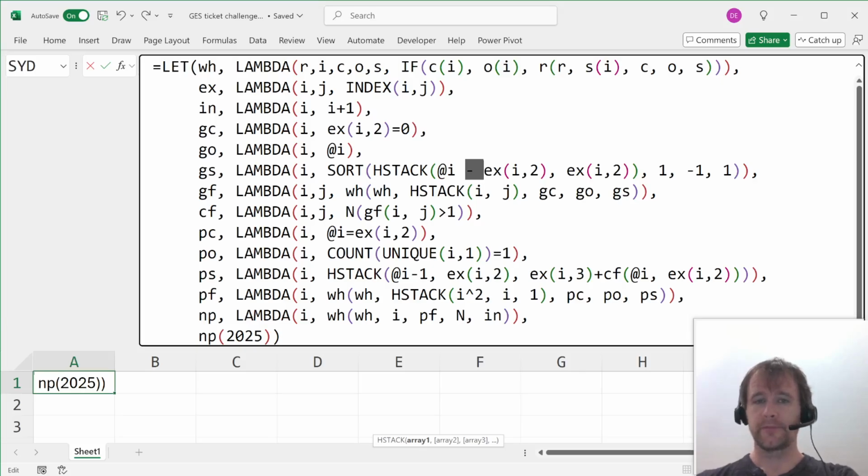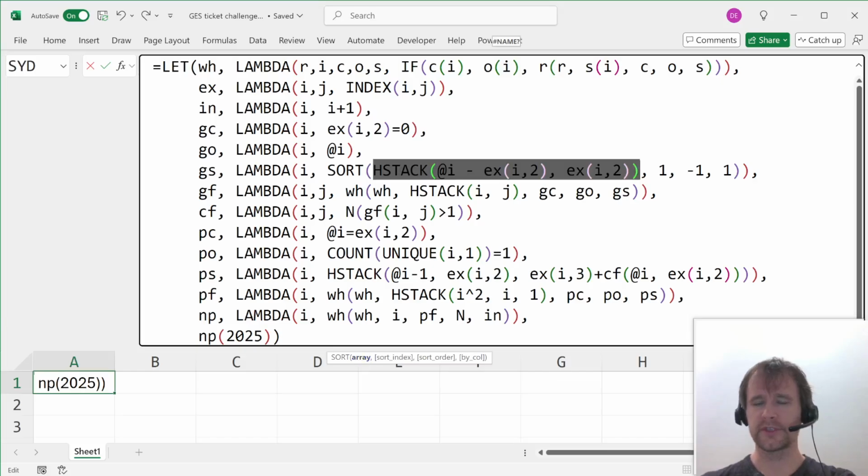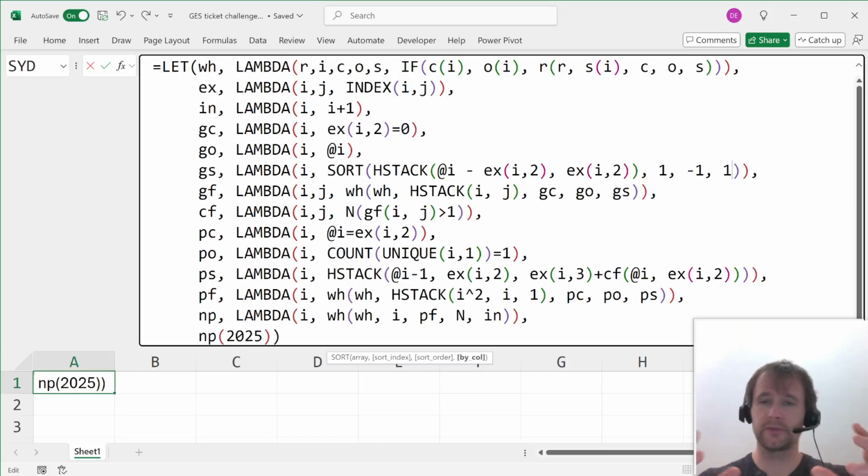So what are we saying? We're saying we're going to sort something, which is this array, and we're going to sort it by the first index in descending order, and we're going to sort by column. Which makes sense because there are no rows. There's only one row. So if we sort on the first row in descending order, it just means we're going to sort them so that the biggest one is